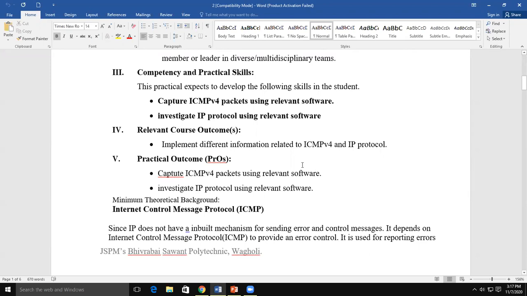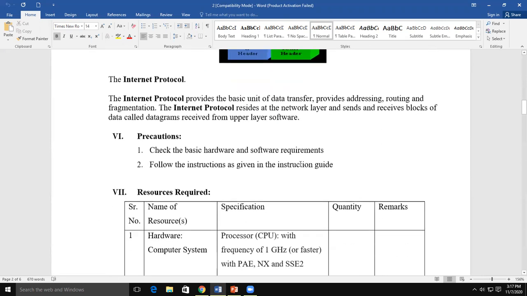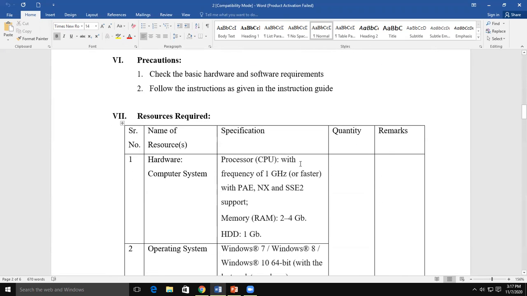The relevant course outcome is implementation of different information related to ICMPv4 and IP protocol. And for this purpose, we are using software which has some system requirements.